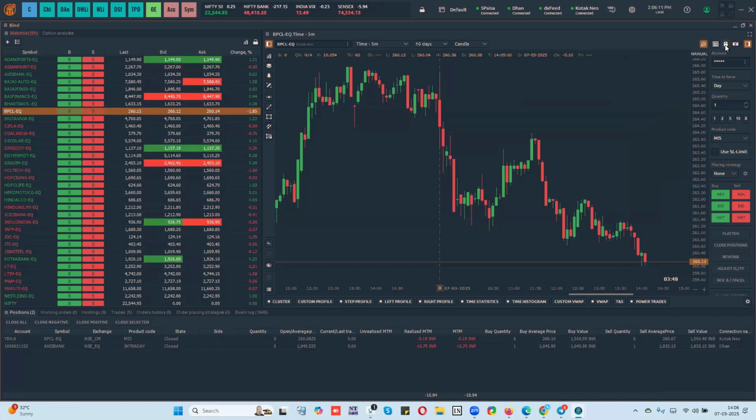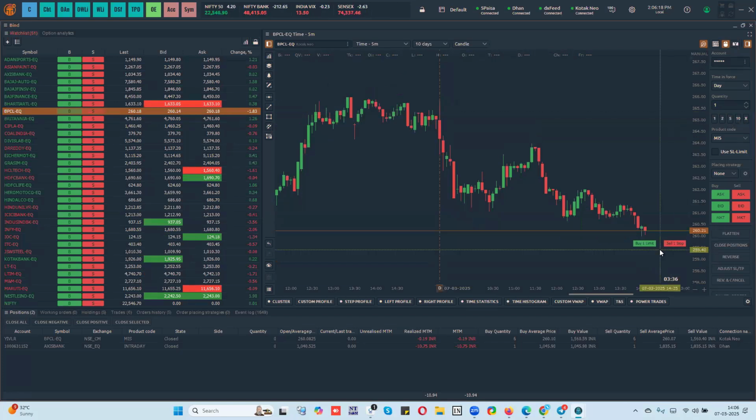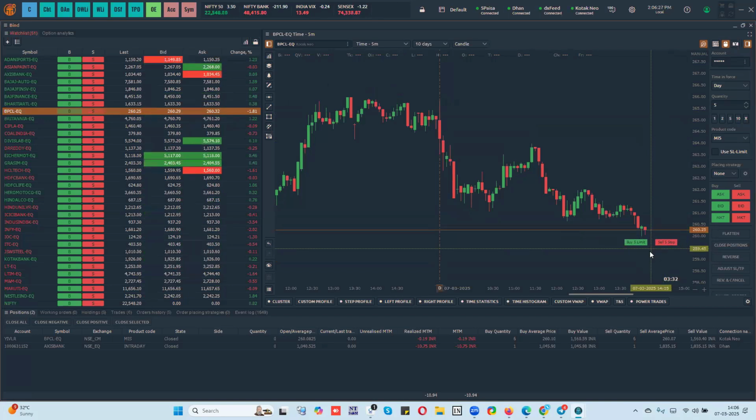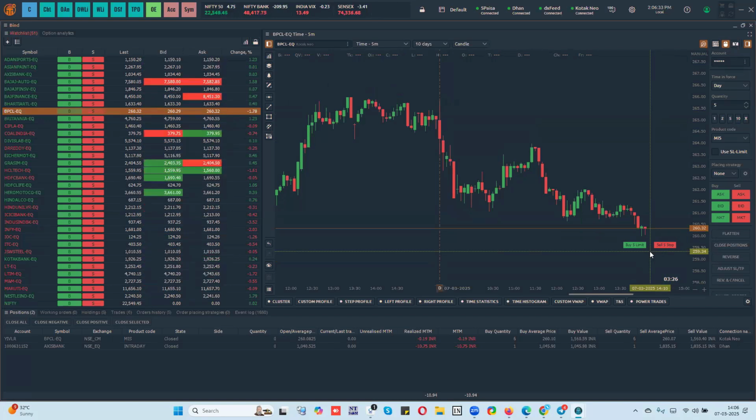The second option that we have is mouse trading. When you click on mouse here, you can select the quantity. So I select the quantity that I want to trade. As I move my cursor on the chart, you can see two buttons visible here: buy 5 limit, and sell 5 limit, buy stop. What does this mean? The left click is for the left side of the button and the right click is for the right side of the button.